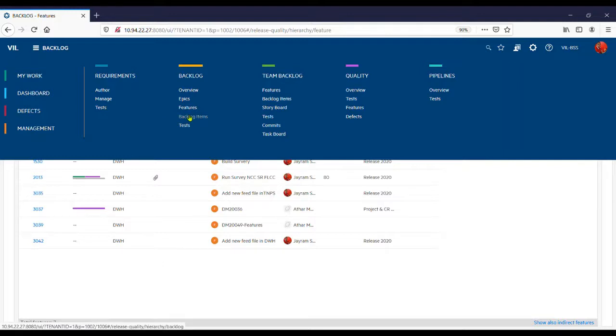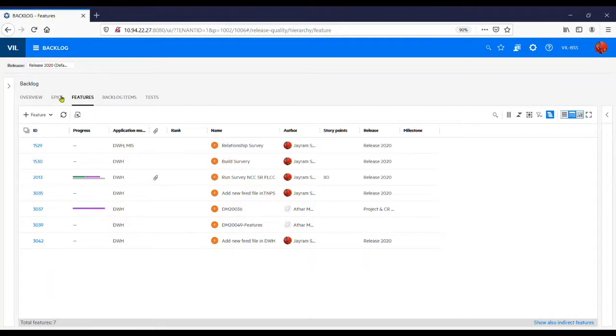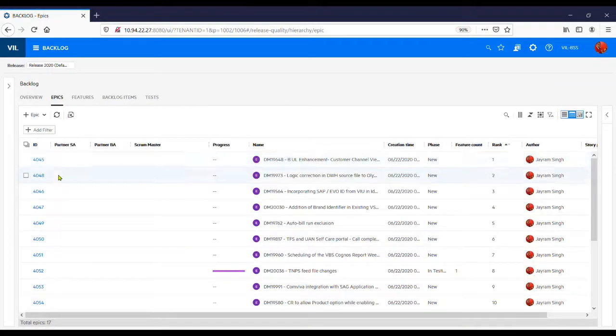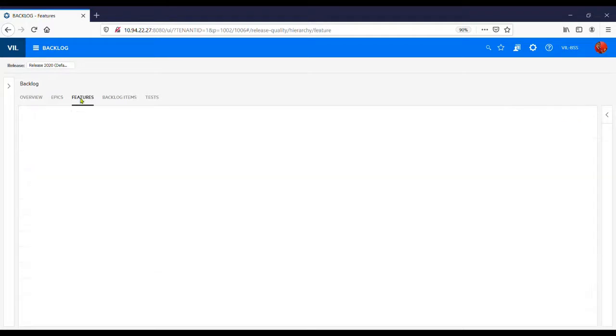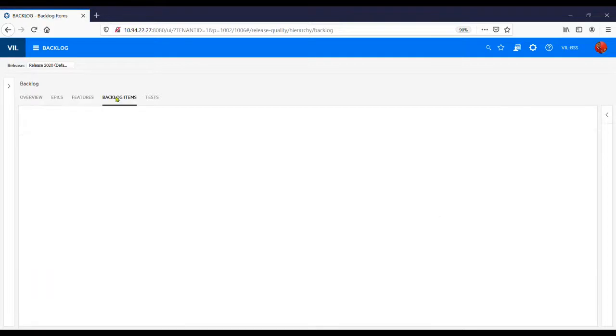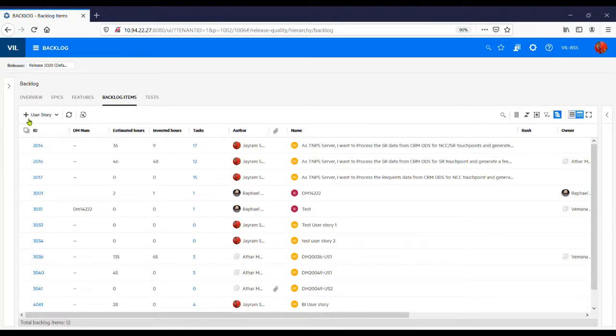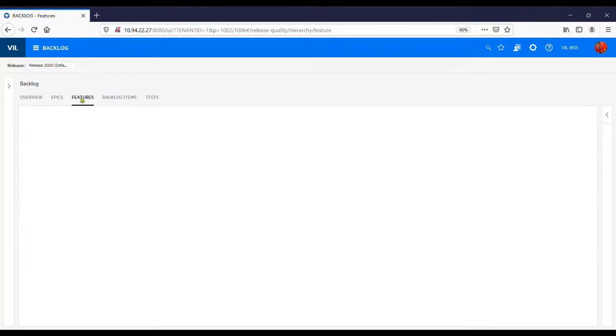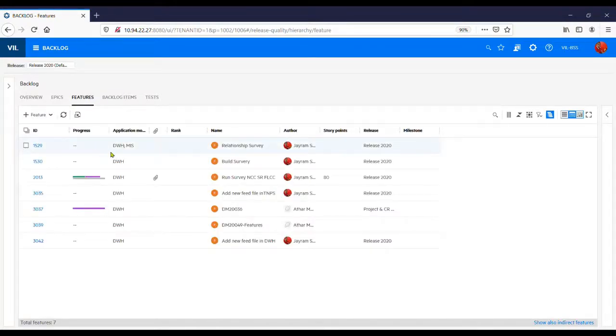Items consist of two elements. One is a user story and the other is a task. So let's click on backlog, and then you will be able to see all the features listed on the backlog. Go to features, and you'll have all the features listed over here. You can also go to the backlog and create a user story directly over here. However, if you create the user story directly, you need to select the parent element for that. So let's go on this and then select the one you want.